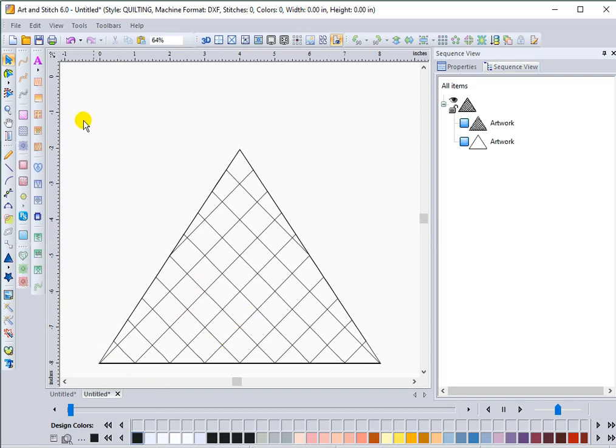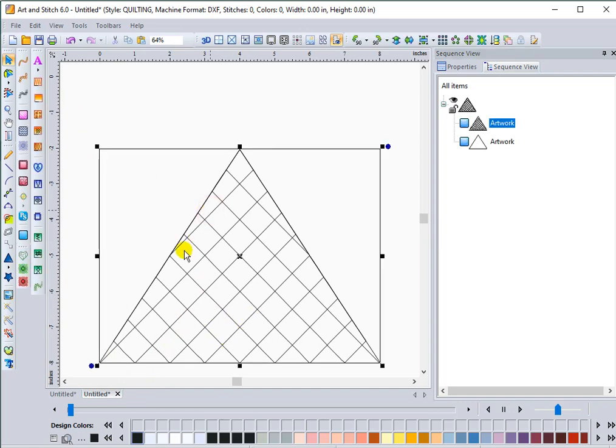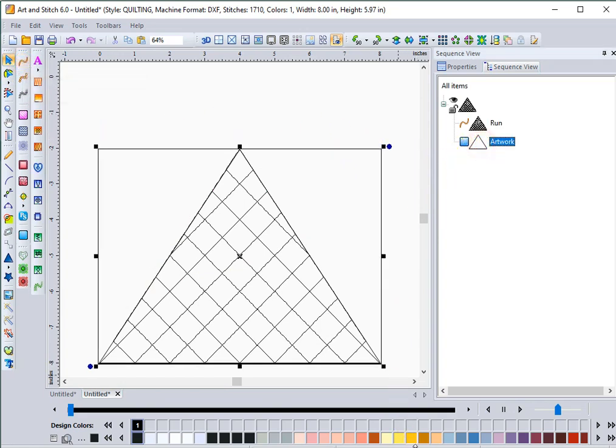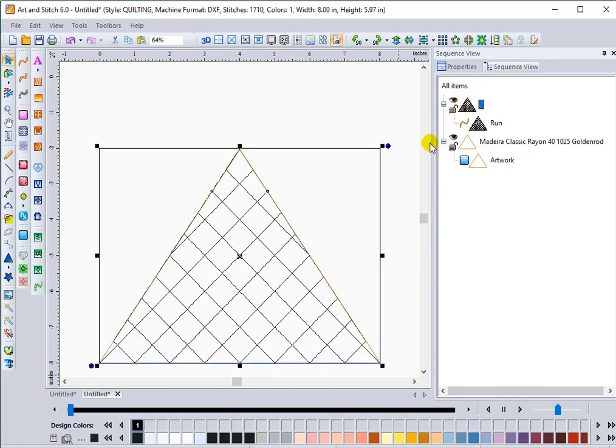Okay, I can select that inside crosshatch. You'll note that these are still two different pieces of artwork. If you want the outline on the outside, you could merge these two pieces of artwork together. If I were to select stitches, and let's change the color of this one so that I can just select that one,